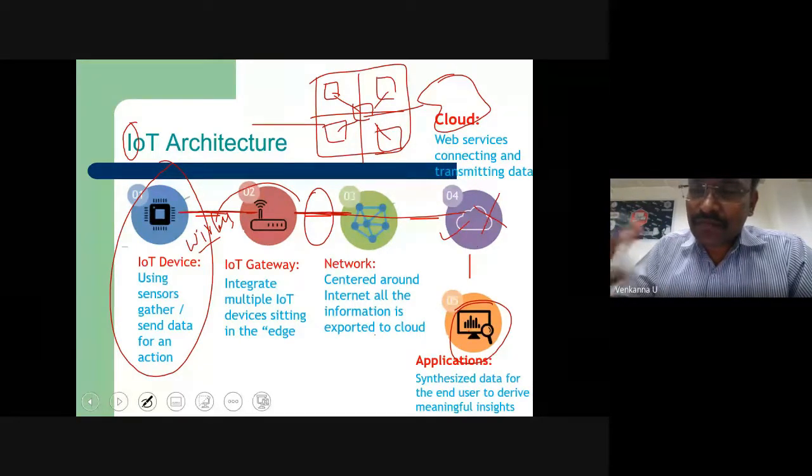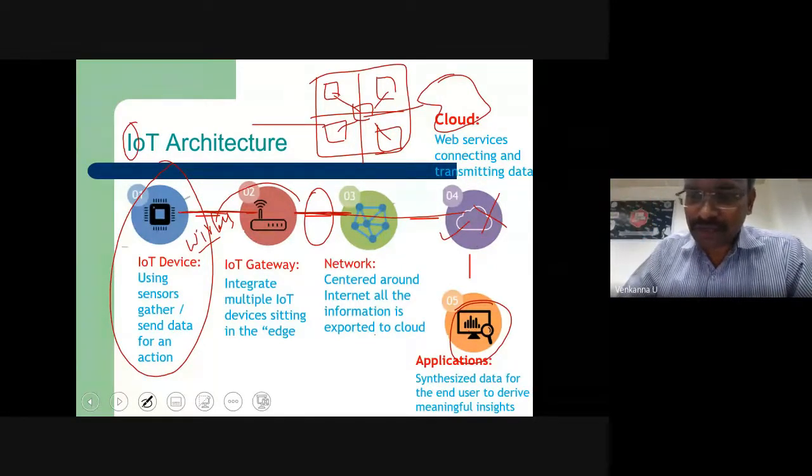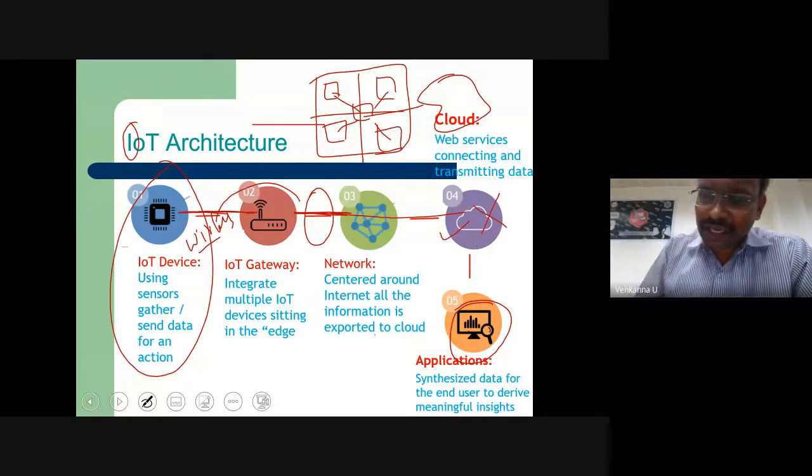Like for example, take olden days, you had bank transactions. Take 5 years back or 10 years back. Every time you had to go to the bank to deposit and withdraw money. There was no other alternative. But after that, they introduced ATMs, but still people were not comfortable. Then they introduced the concept of mobile banking. Just take the mobile app or web application, log into your account, and do whatever transaction you want. You want to transfer, you want to deposit, you can do anything. Now that is possible with the help of certain applications. Those applications are the mobile application as well as the web application.